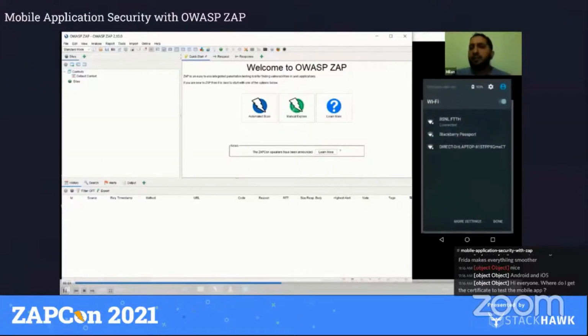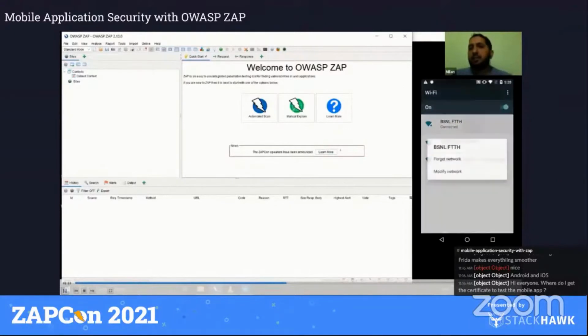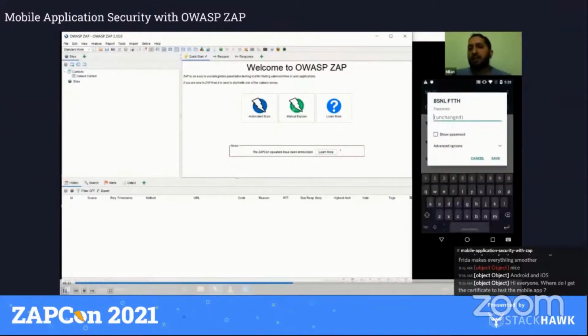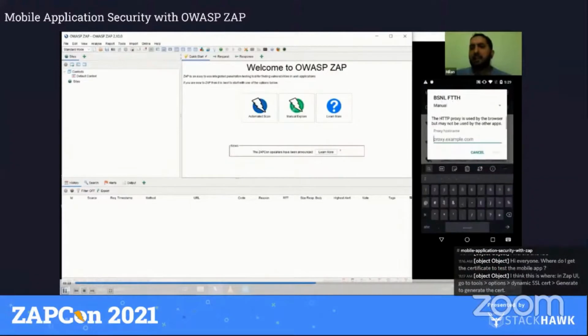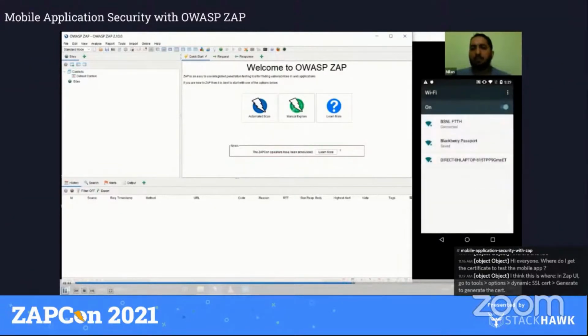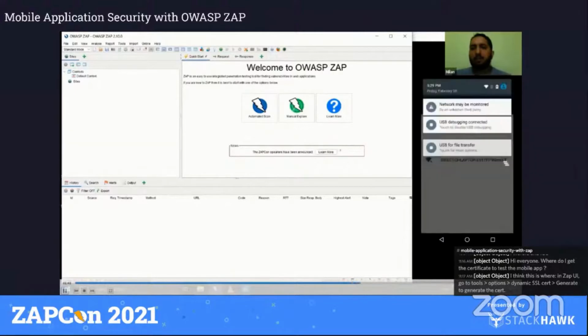Then you select your Wi-Fi connection, select Add Modify Network, and add the proxy details. Here, you give the IP and port. IP is basically, as I said, the IP of the system on which ZAP is running, and port is 8080. Once successfully saved,